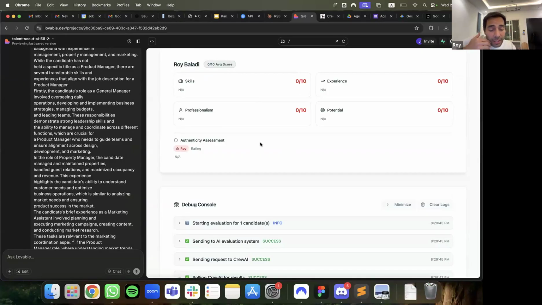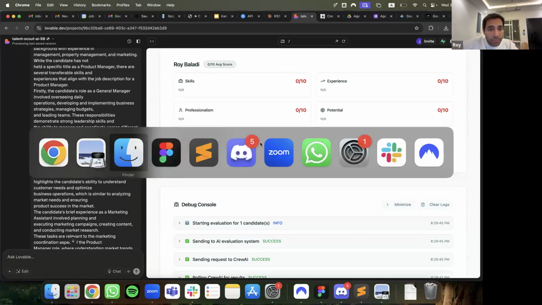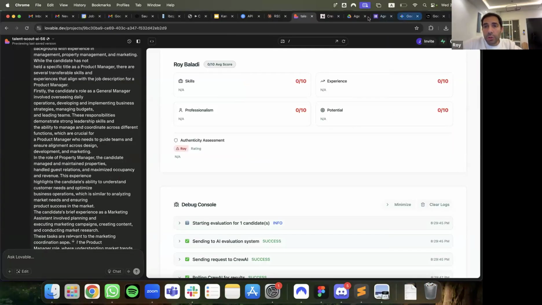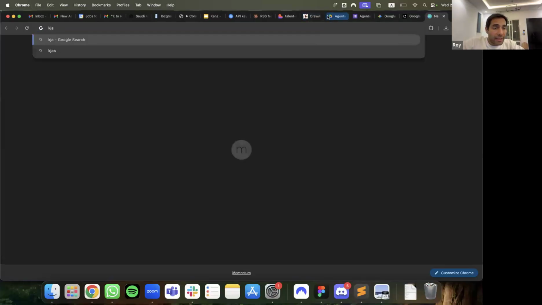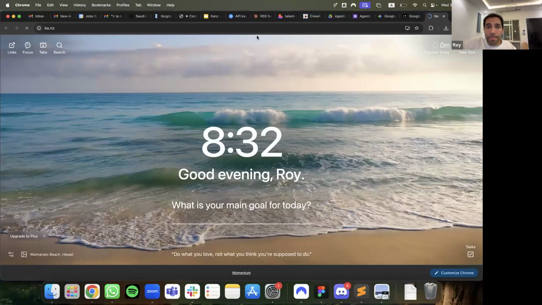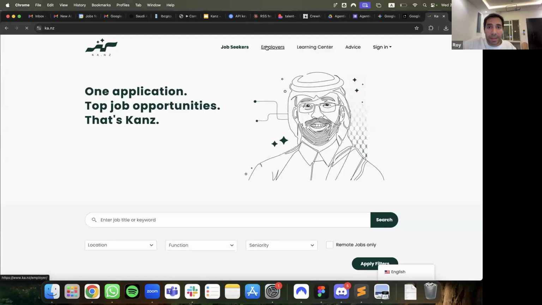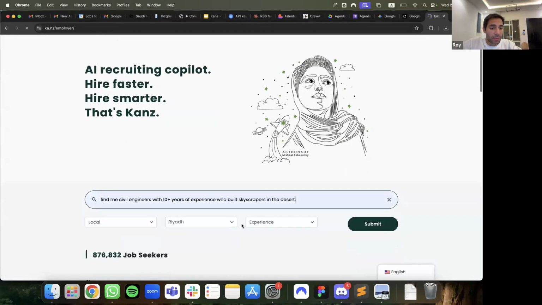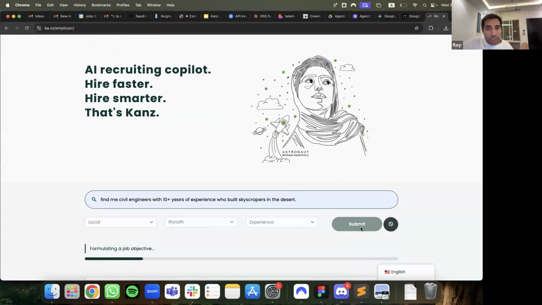This is just some inspiration for you. Another tool is when you build a full app. So Kens is built on that. When I say, for example, as an employer, find me civil engineers with 10+ years experience who build skyscrapers in the desert, make them local in Riyadh with certain experience, and I hit search.